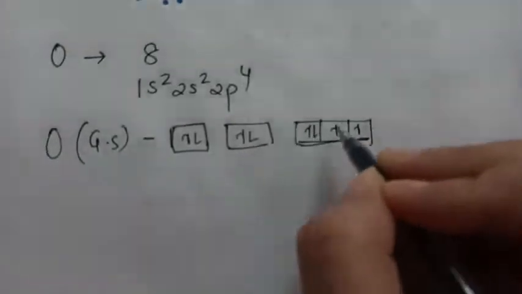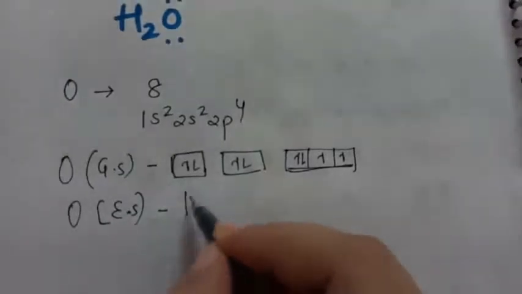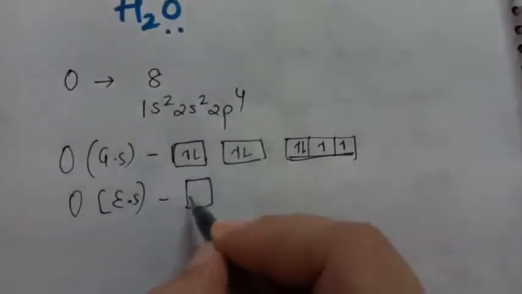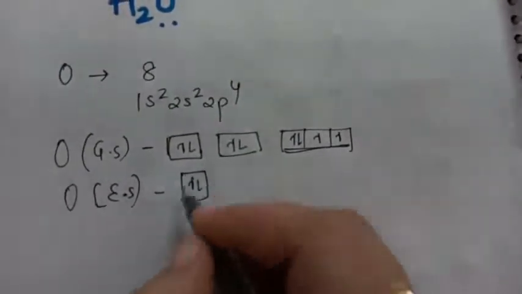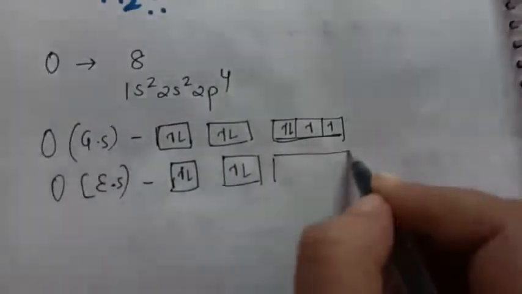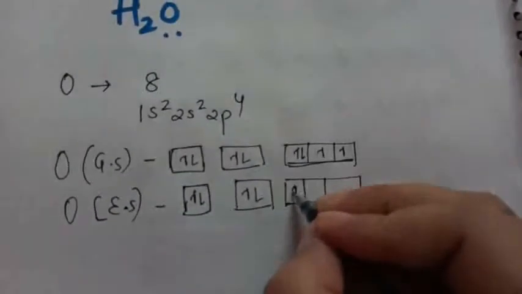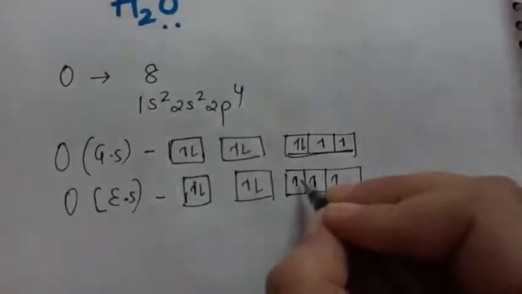3 and the fourth electron is here. Now you see what happens here, only 2 hydrogens are supposed to be added. So if you want to talk about the excited state of oxygen, again the same explanation I'll give. This is 1s2, I should not have drawn, but let it be, 2s2 and here. See, in these molecules, no excited states, like in ammonia and water, no excited state is applicable.